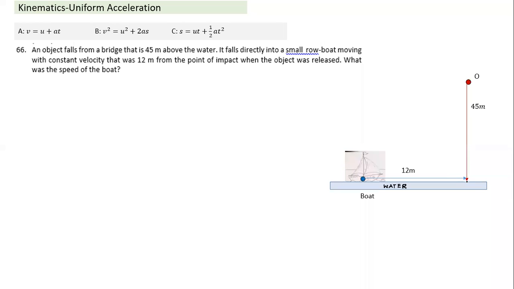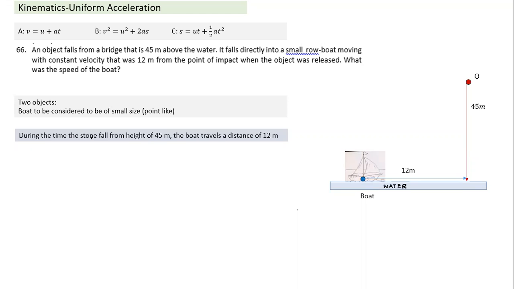So what it says is, if both of them reach the same point, during that time the object has fallen a distance of 45 meters, and the boat has traveled a distance of 12 meters at a constant velocity. Based on this simple logic, both will be treated as small objects. I have mentioned this, I hope it is clear, because in all such cases we need to assume a point-like object.